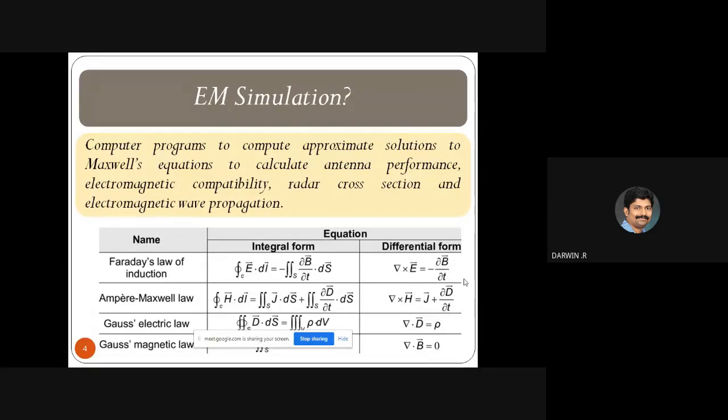Maxwell's equations govern all electric, magnetic, and electromagnetic behavior, and it is virtually impossible to solve all four equations analytically for all designs. If the design is complex, it becomes more and more difficult. So EM simulation